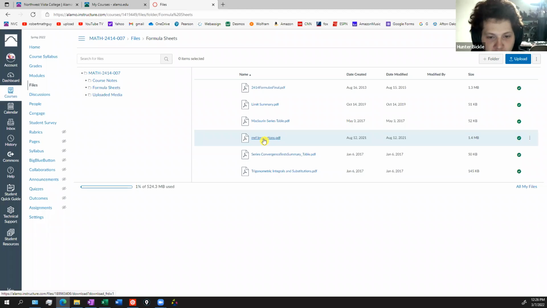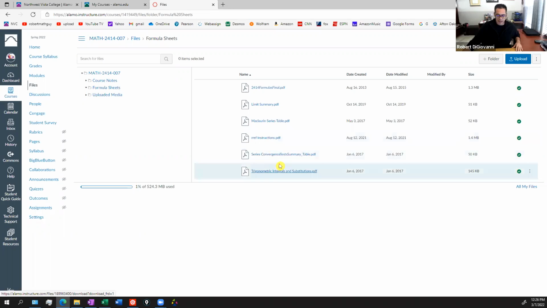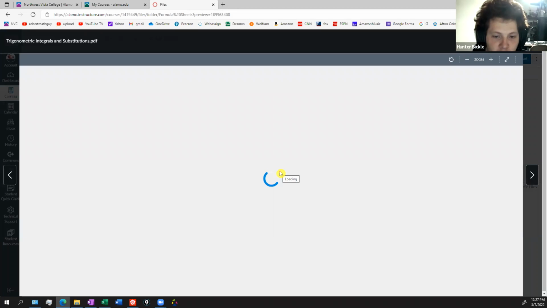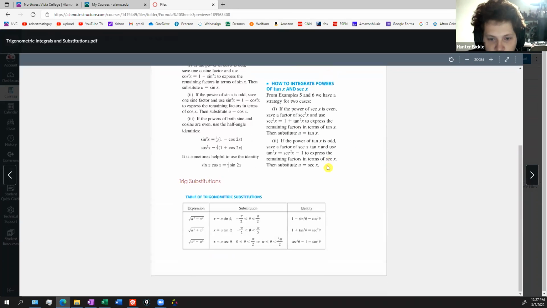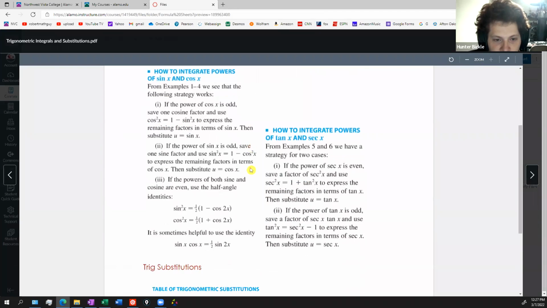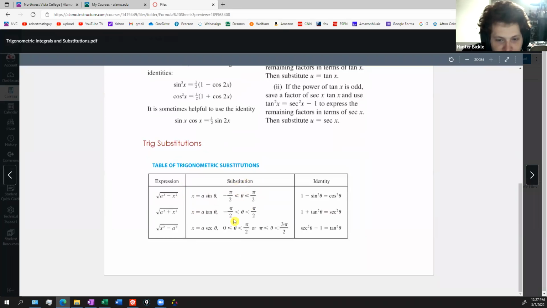So I think the big one I need to grab is that trig integral one. Yeah, that's a useful one for sure. I have most of the others printed out from your Cal 1 class, because a lot of them are the same. But this is the big one that I don't have. That table in its entirety is really useful. Remember though, again, on this